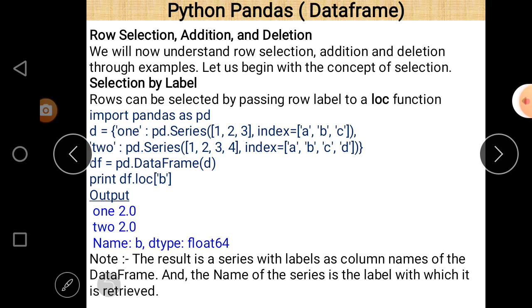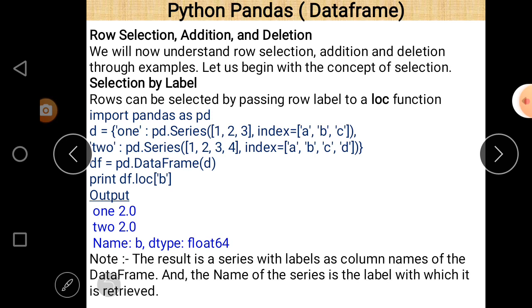A row can be selected in two ways. First is selection by label. Here there is a small program again, import pandas as pd. There is a small data frame here, and this data frame is created using a dictionary. 1 and 2 are the names of columns, and they contain elements 1 2 3 and 1 2 3 4 row-wise, and the index positions are A B C and A B C D. If there is no element against an index position, then NaN will appear there. And to select by label, just write the function loc, location.